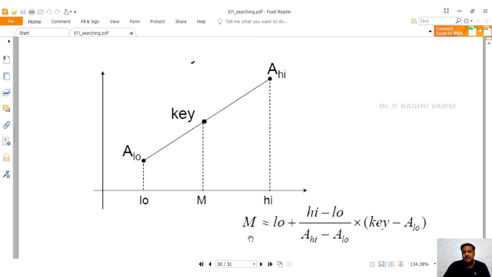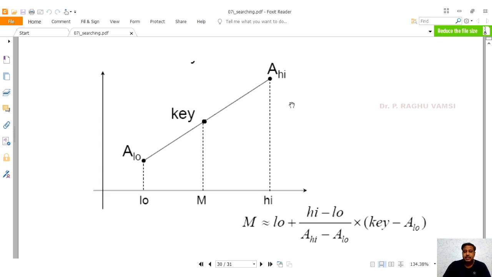If A of mid is greater than the key value, then again high becomes mid, and the same formula is repeated. The repetition goes on until you find the element in the list, and finally it identifies whether the key is available in the array or not.